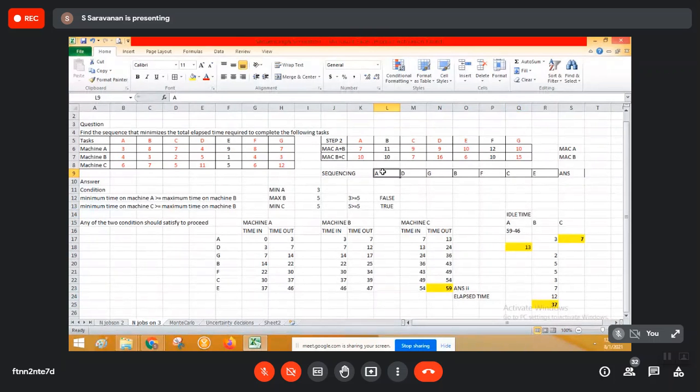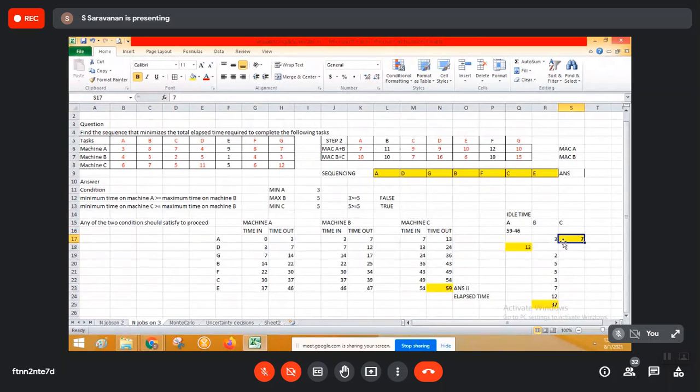Sir, I have one doubt, for the idle time I highlighted for machine C. You see here, I will just explain. You see the machine is idle for the first 7 minutes. So it has taken up its job only at the 7th minute. So for 7 minutes, the machine is idle. It is not functioning.